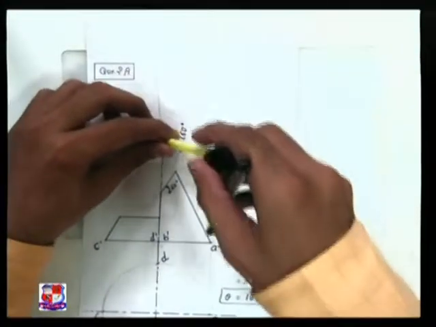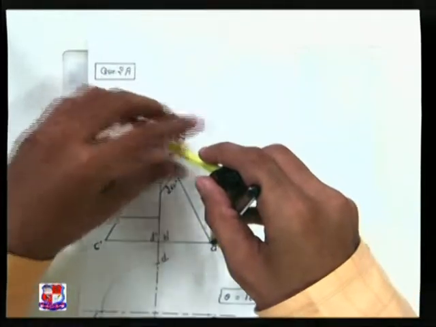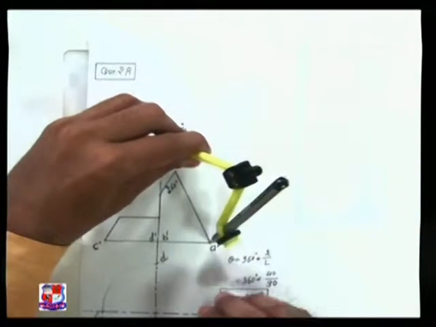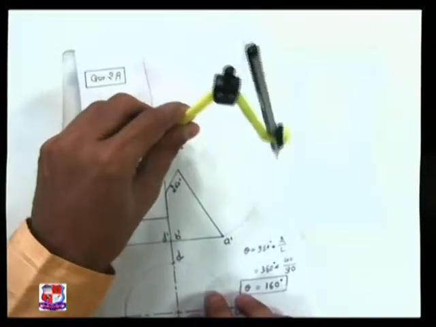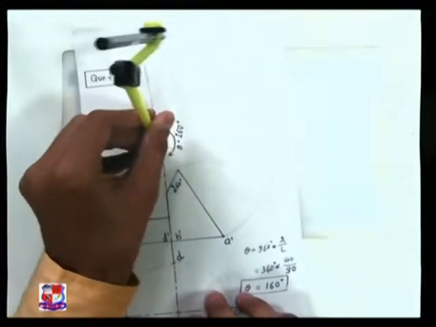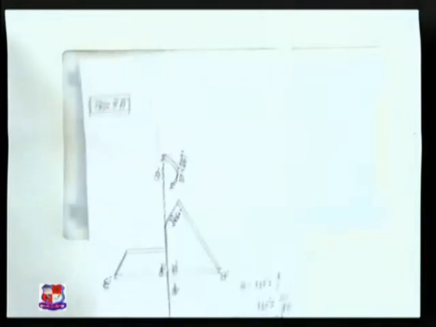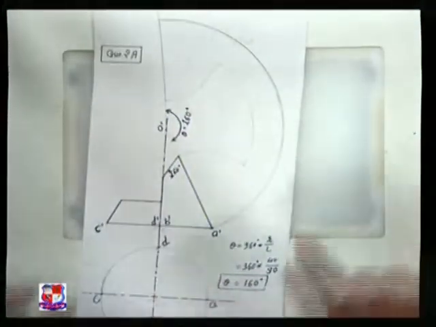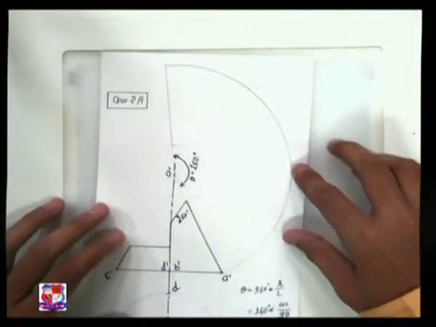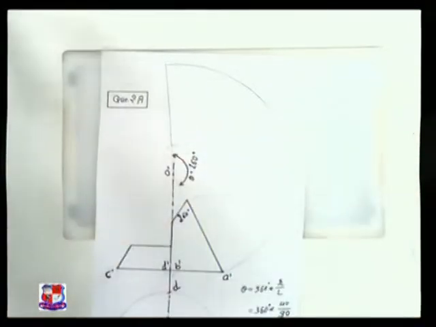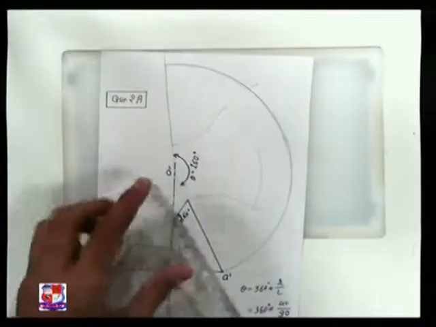Now we open this cone from this edge, from O dash A dash. We are opening from A, so take O dash A dash as the radius and draw an arc like this up to the 160 degree angle. So draw this arc of 160 degrees, and this is the portion which you have developed.